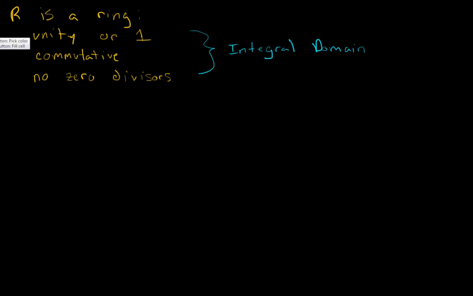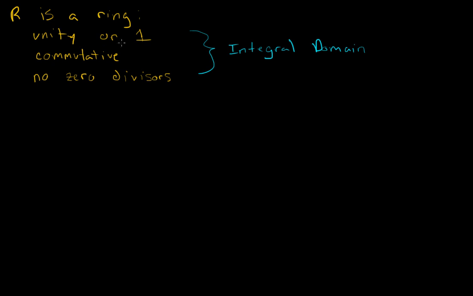Other desirable qualities? Well, the last video I just did was on zero divisors, so maybe no zero divisors. And if you were paying attention in the last video, you would see that these three properties right here would make this an integral domain. If we have those three properties, then R is an integral domain. Is there anything else that would be a desirable quality for R?